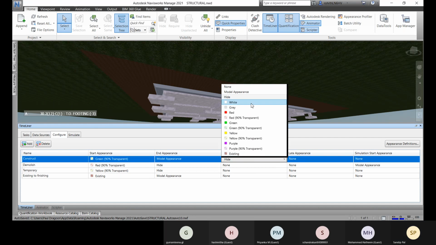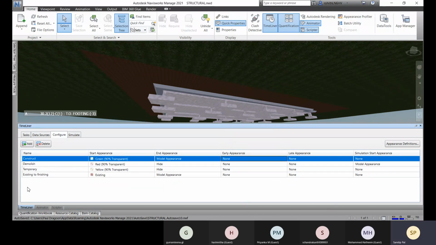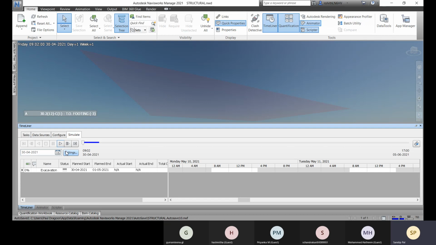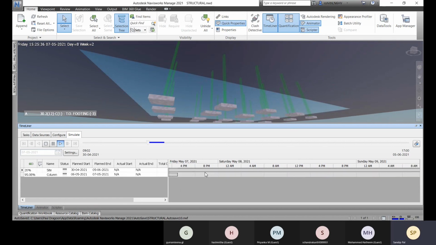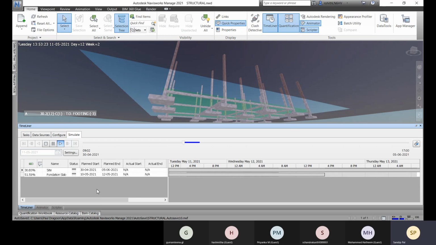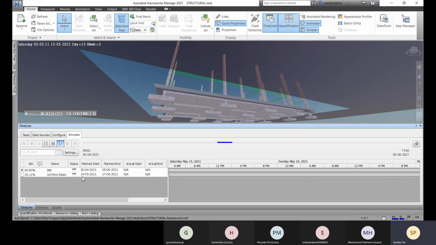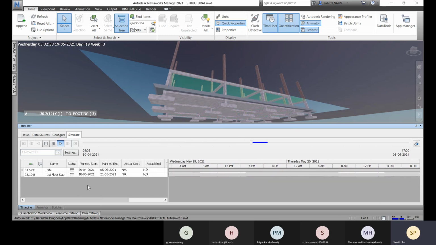So it should be none. Okay. Now come to simulate and you can start playing it. So this is the start date. Okay. And here you can see the changes in the Gantt chart. And as per your project grows, you will see it.